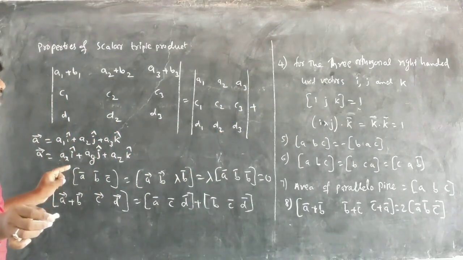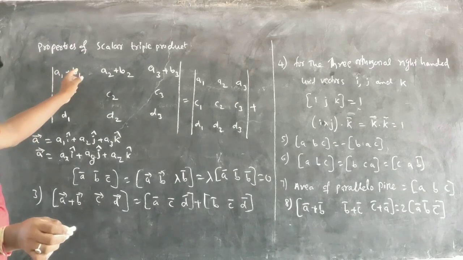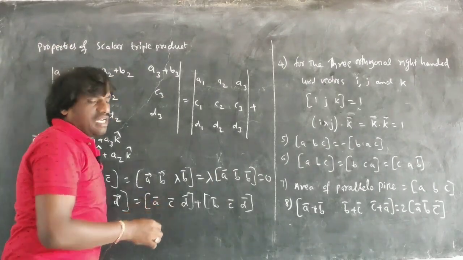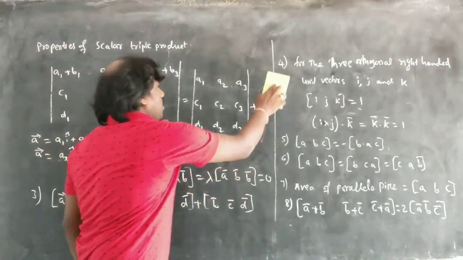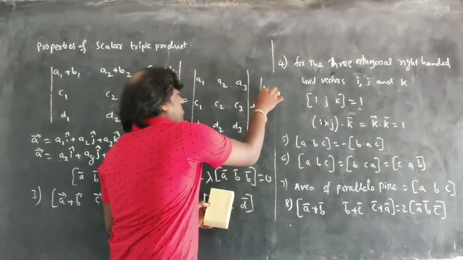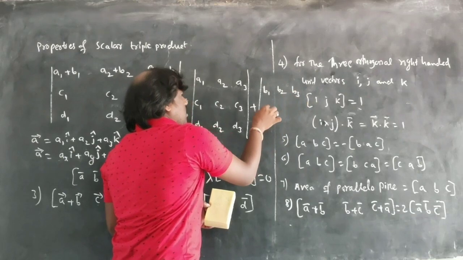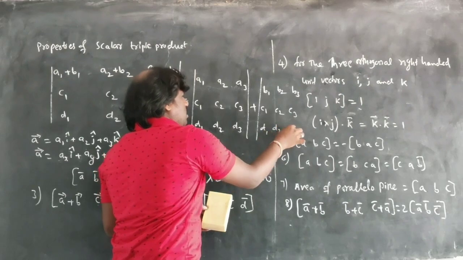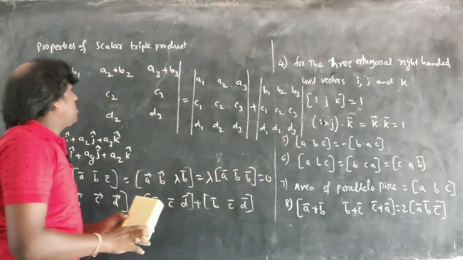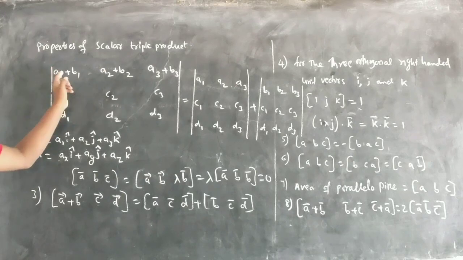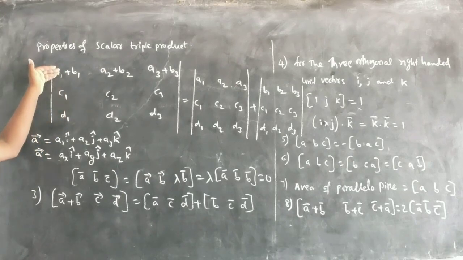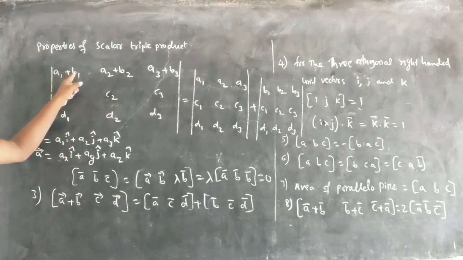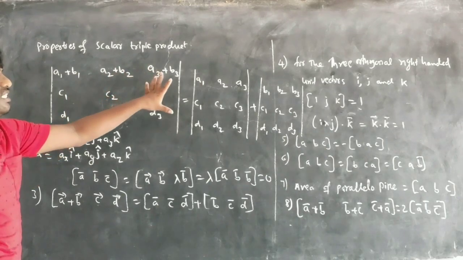As you know the determinant formula, I am using the determinant property here. A1 I separated, now I can write B1 there, and next what can we write here? Here I can write B1, B2, B3, and we can write C1, C2, C3, D1, D2, D3. What I want to say here, just the first row of this one can be separated. This first row can be separated as A1, A2, A3, C1, C2, C3, D1, D2, D3 plus B1, B2, B3, C1, C2, C3. This is the determinant formula.